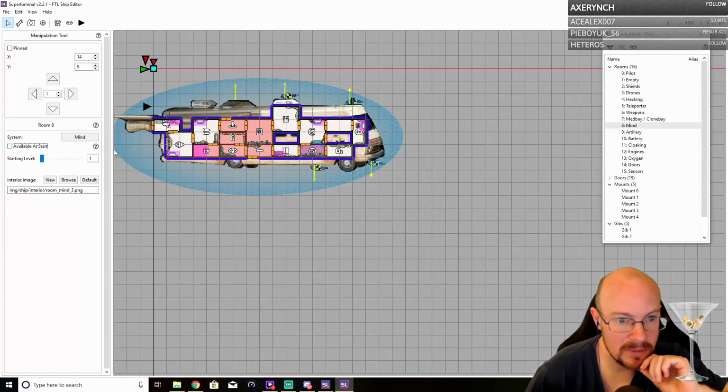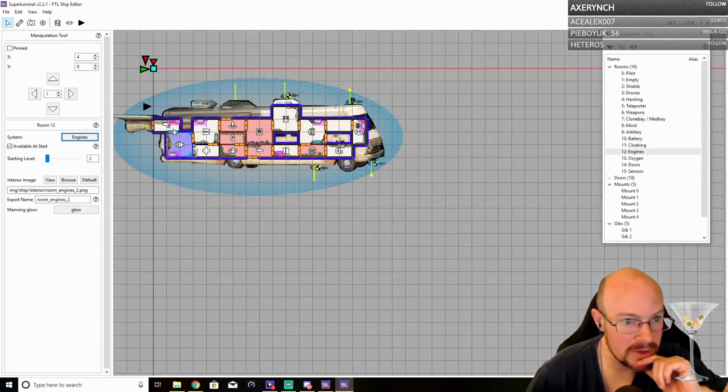We're not going to start with mind control. Start with level 1 doors. No artillery, no cloaking. Med bay level 1 to start with, level 2 engines, level 2 sensors, no teleporter. Okay, I think